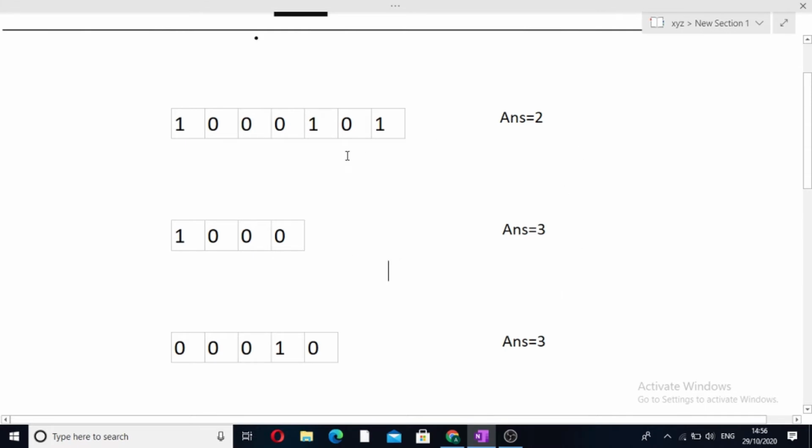So now what we'll do, we will first of all find the maximum continuous zeros present in the array. So in these cases, we can see that the maximum continuous zeros which are present in the array are 3. When we have found the maximum continuous zeros in the array, then what we will do, we will take